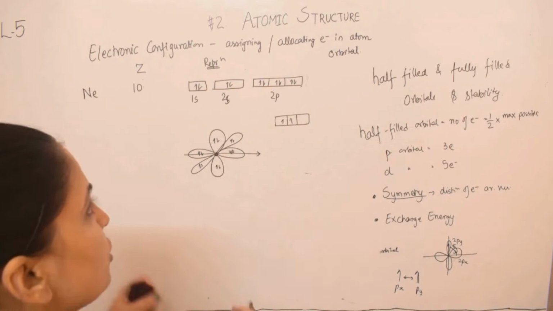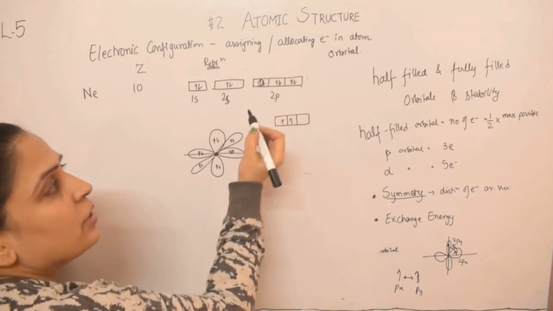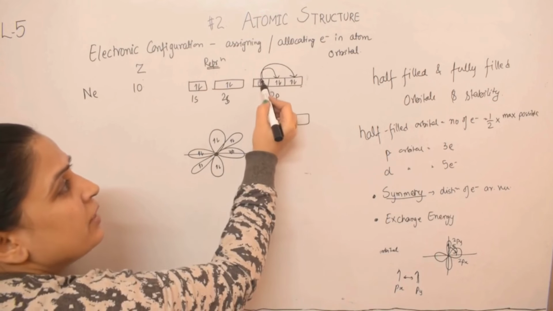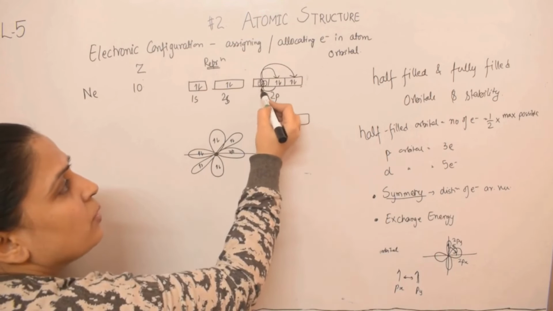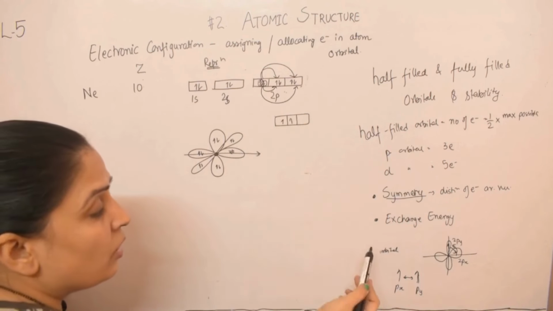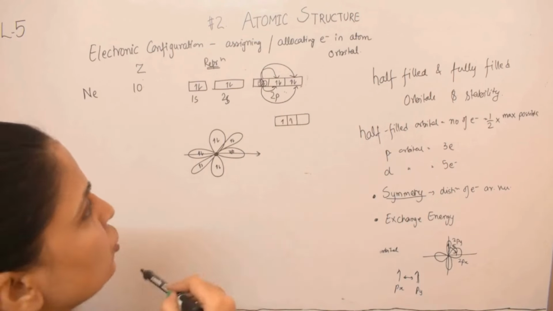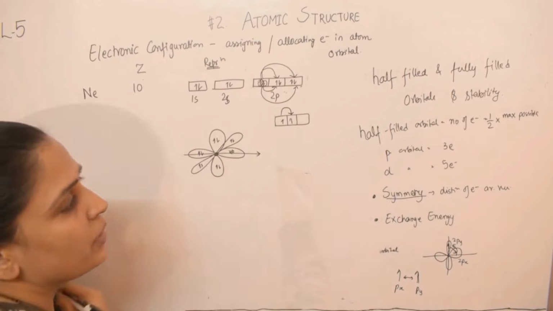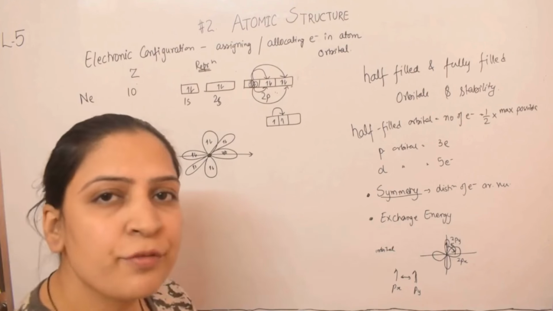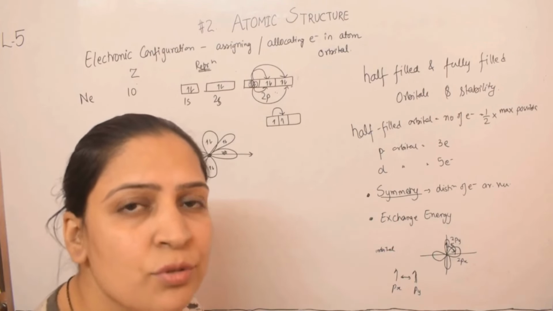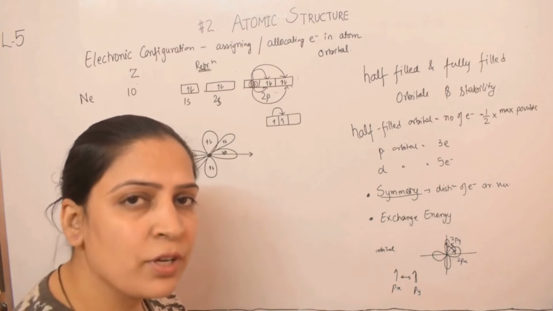Similarly, exchange energy. So for this electron, particularly this spin, can exchange with 2 more, and this lower one will also be able to exchange with 2 more. So fully filled is also stabilized by exchange energy, whereas in this case, say this can exchange only in one place. So this concept of half filled and fully filled stable configurations is used to explain certain configurations.